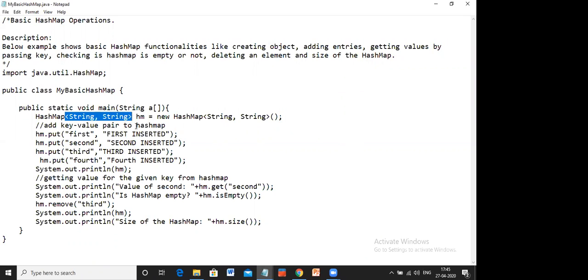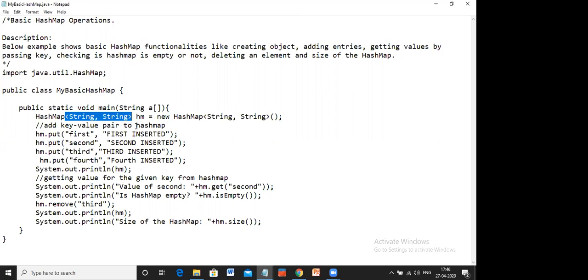The first parameter says String, and the second one also says String. So this means I'm creating this HashMap using the key and value concept, where the key has to be String and the value also has to be String. I'm talking about the generic part.